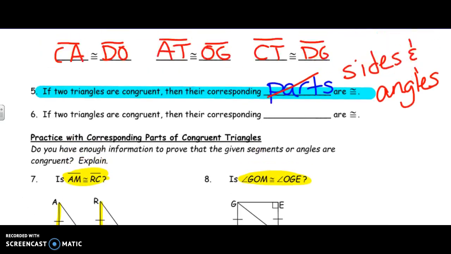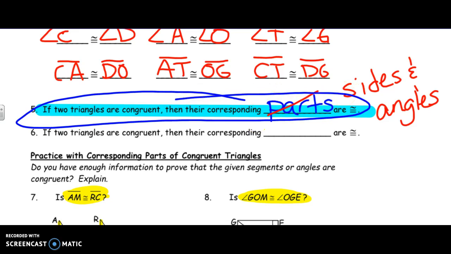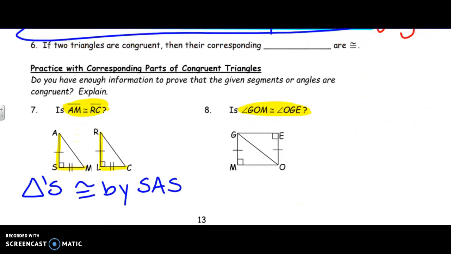And look at what you just wrote up here. If the 2 triangles are congruent, then everything else is going to end up being congruent. So you just have to decide, is this in the right spot? Does AM correspond with RC? And looking at it, yeah, these will be in the right spot. So yes, those are congruent